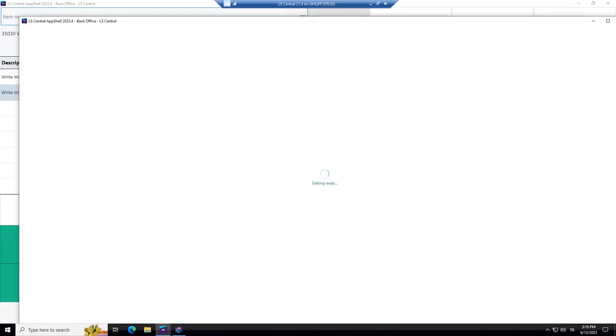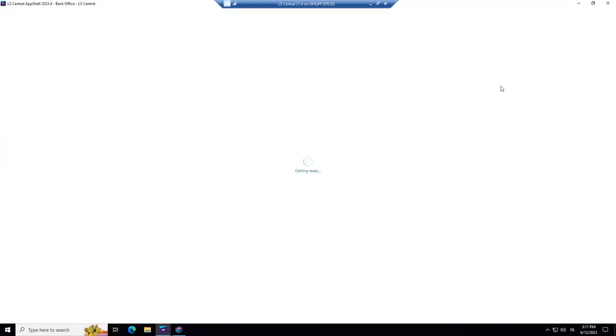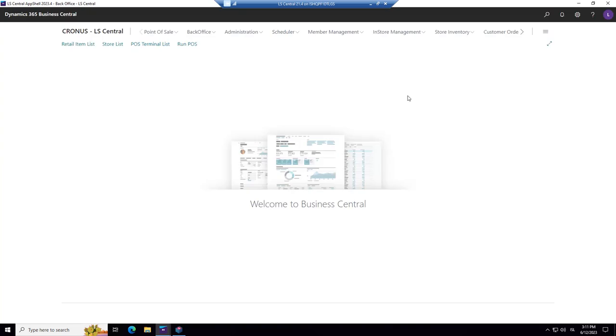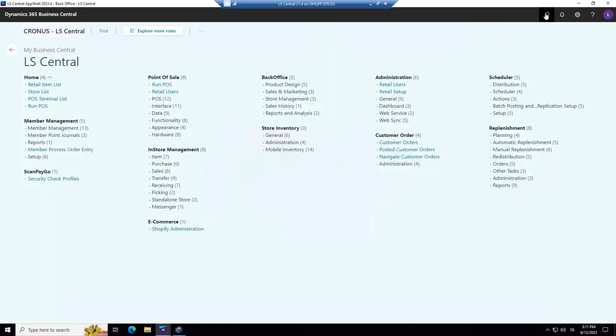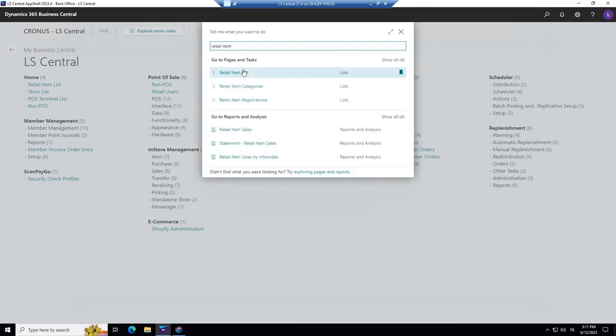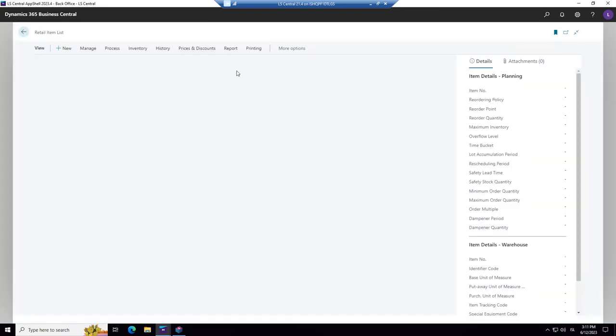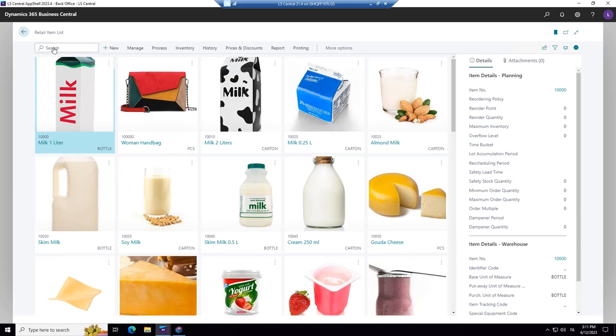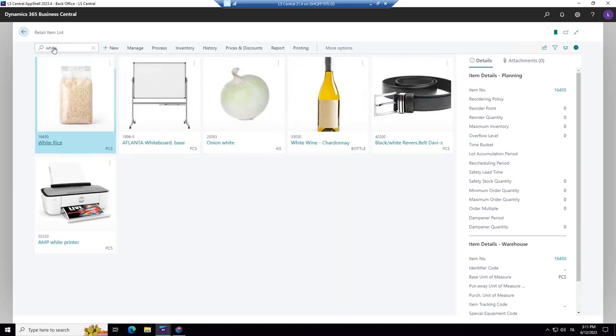So let's go into back office. Let's open back office. I maximize it. And we are going to open retail items and find this item, white wine. Either you key in the item number or the name. White wine. Here it is.